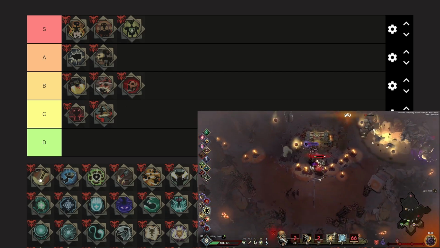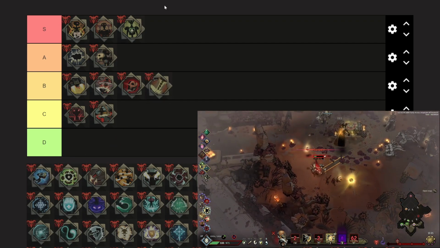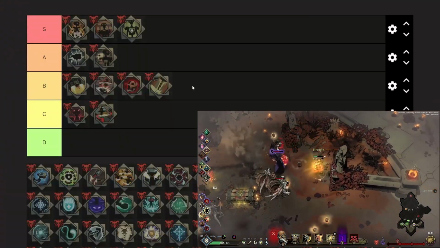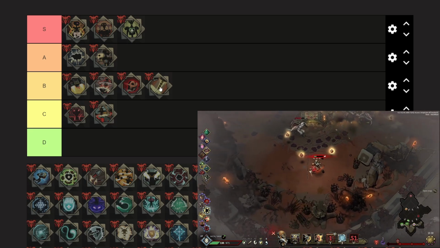Pogo hoppers, I think they buffed this. I'm not 100% sure, but I think they buffed it. Your dummies just attack farther, up to 100% farther, 33, so basically 200% farther. That's good. The reason I have it in B tier is that the more you play Geppetto,